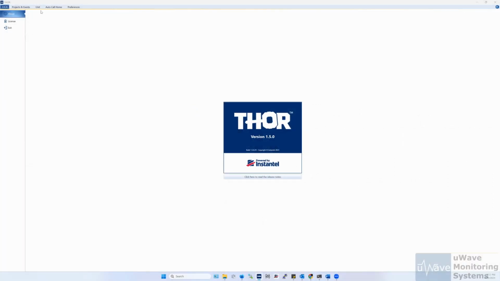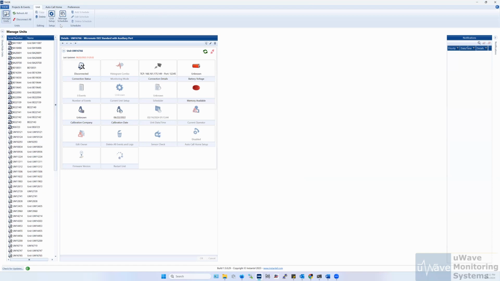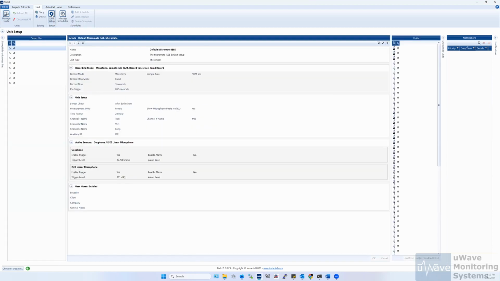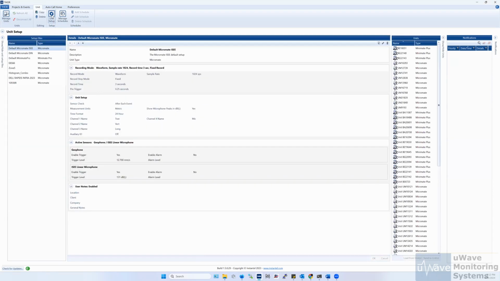So today we're going to be going over unit setup, how to create and edit a unit setup. So we're going to talk about the Micromate, and there's multiple ways to add a unit setup. You can import a setup from an existing unit, or you can just create a new one. If you click the unit setup icon on the unit tab,